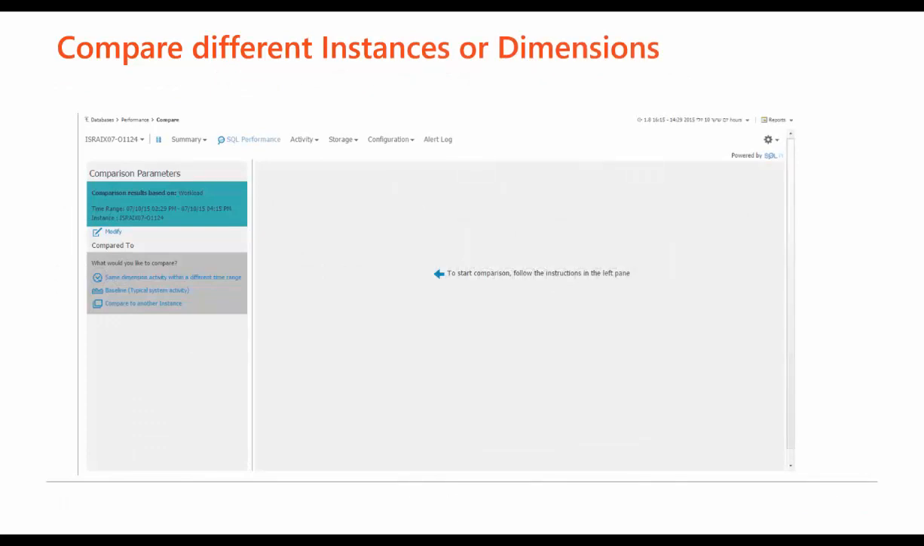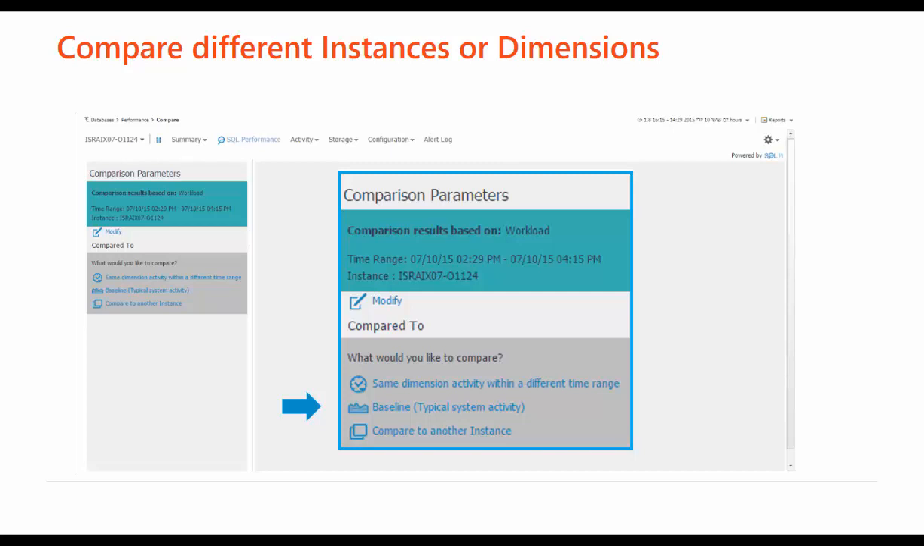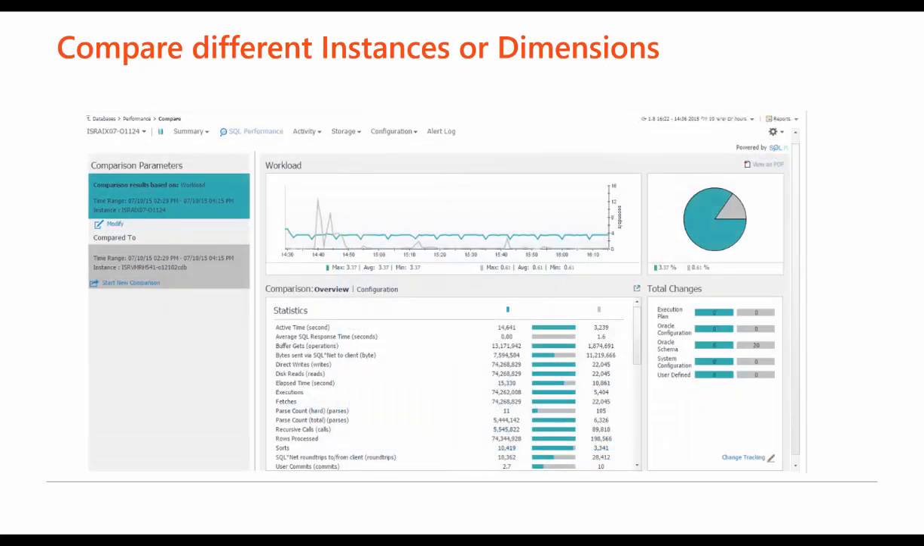Here we see a way to compare between instances or dimensions. So for example, I can choose to compare between production and test environments as mentioned, and we can also choose to compare one SQL statement to another, between users, programs, databases, etc. In this case, we can see two colors. Each one represents a different instance. We can see the green